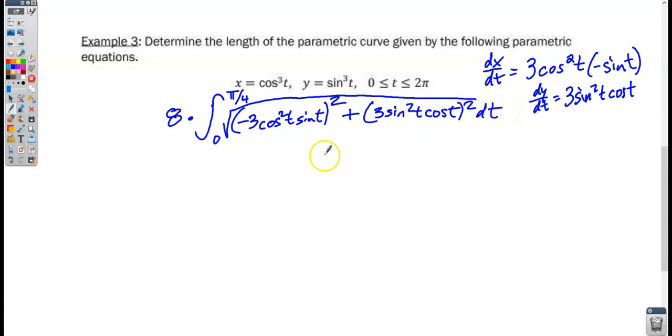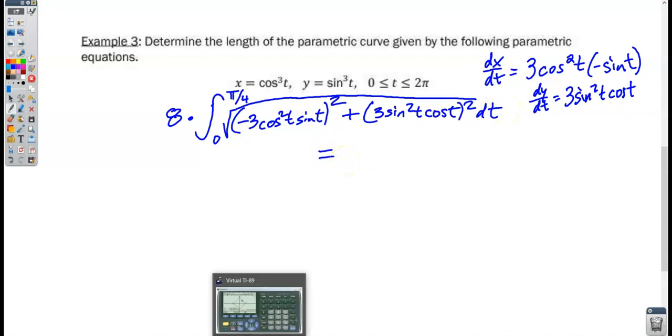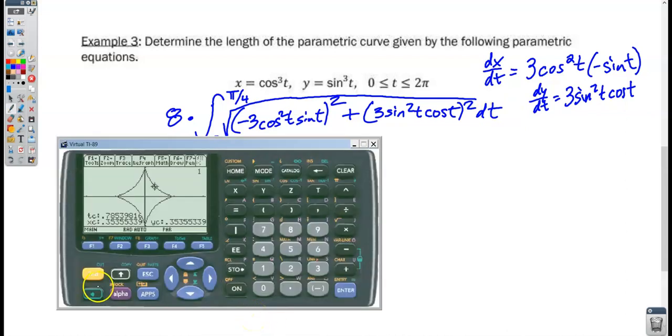And this should give us the length of this curve. I'm going to go ahead and use my calculator to calculate this. So we're going to take 8 times